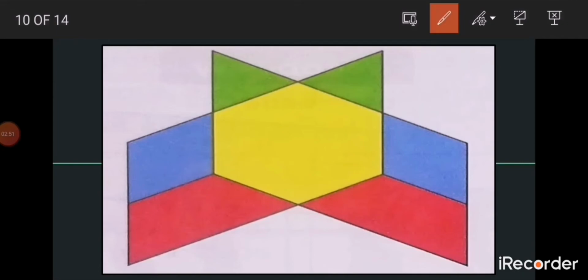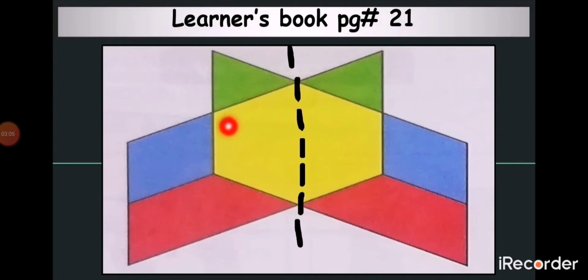symmetry. But if we fold the shape from right to left or left to right, can we get the line of symmetry? Again, I'm drawing a line in the center. It's tricky. Please use a scale and draw a dotted line of symmetry. Now, look at both sides. Is this shape now cut into two halves? Yes, both sides are same. Two triangles, one here, one here. Hexagon in two same parts. Blue shape is on both sides. So these two halves are the mirror images of each other. So this pattern has this line of symmetry.